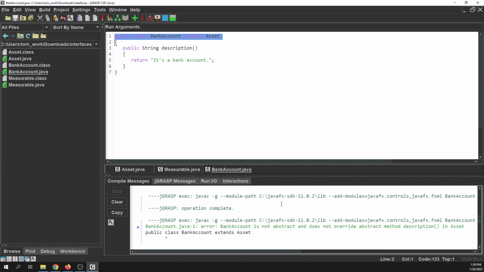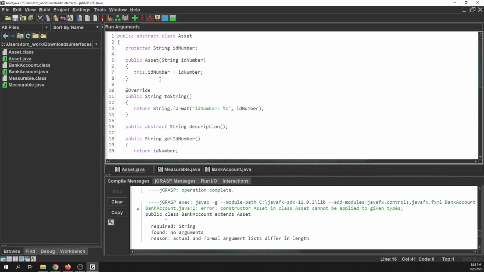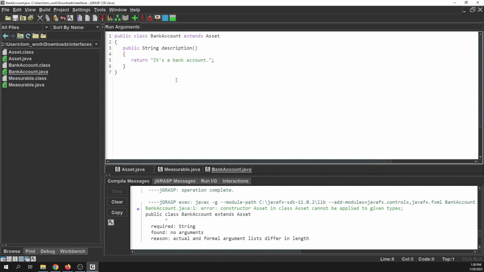We've done that, right? But now we get this error that says constructor asset in class asset cannot be applied to the given types, right? This bank account class is a child class of asset, right? And asset has a constructor, and the only constructor it has has parameters. So we will need to supply that to the parent class constructor. So that means back in bank account, we have to have a constructor in here, public